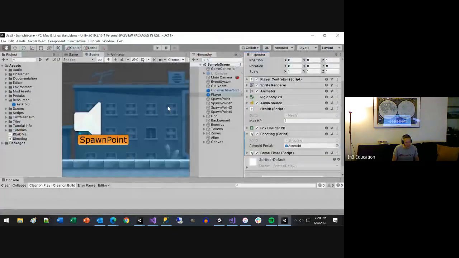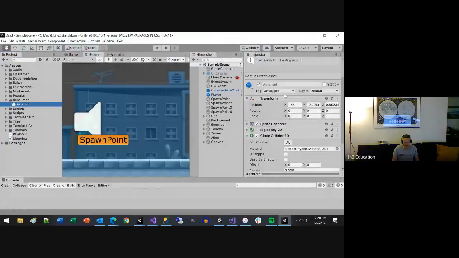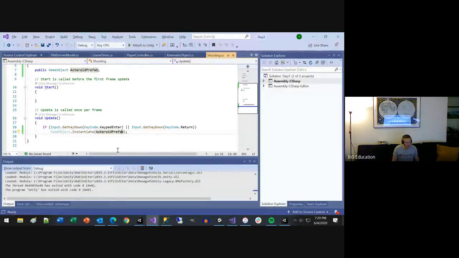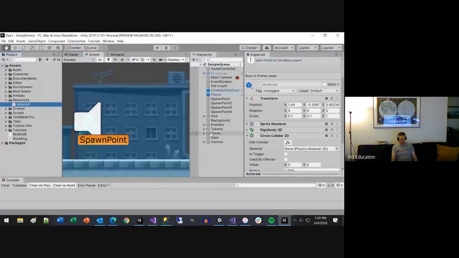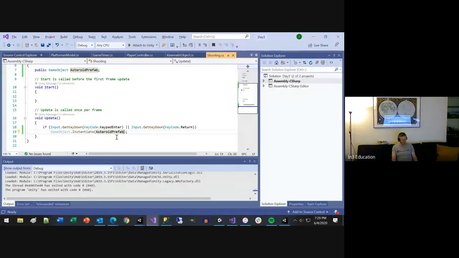But the problem is it's instantiating it always at this position here. Instead, we want to instantiate it where the player is. And so instantiate is actually an overloaded function. There's 10 different ways of doing it. This is the most common. This is one that we used. But you can also give it a transform, which is the parent. So if you want to have it instantiate on top of the player so that it follows the player, you'd probably use that one. We're looking more for